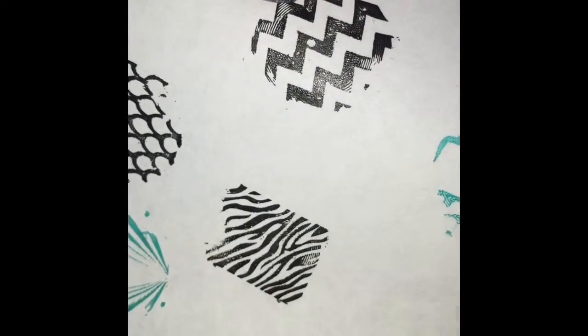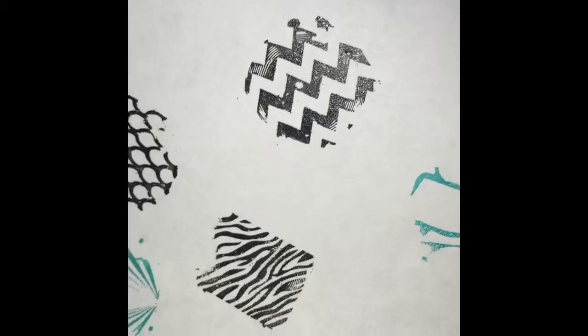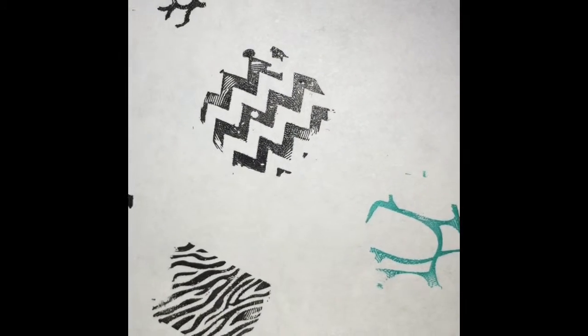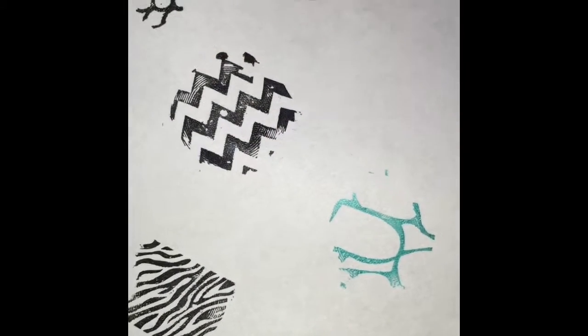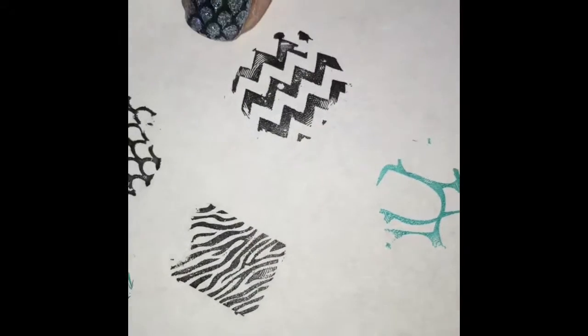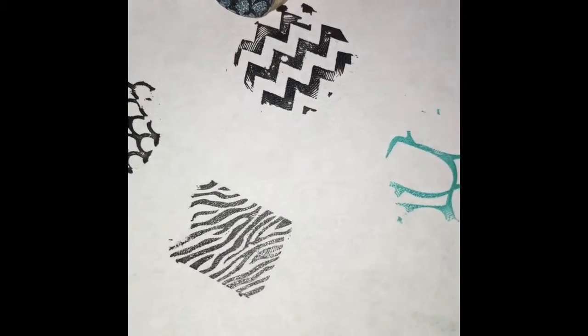This is a chevron design. Again, you can use vinyls for this. However, I think that depending on what kind of design you're doing, plates can be better or vinyls can be better. Here, if you're just doing a regular chevron design, I think that stamping is better because it's so much quicker and easier. There is a little bit of fingerprinting here, but that is just because of my scraper